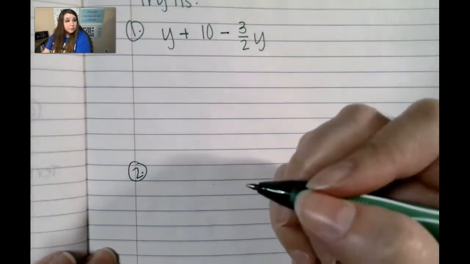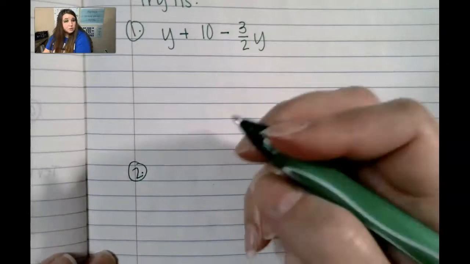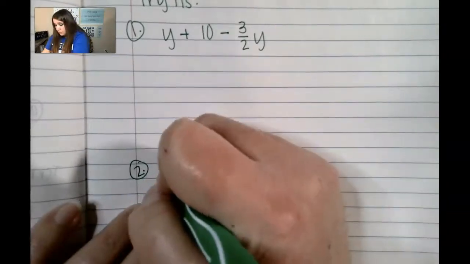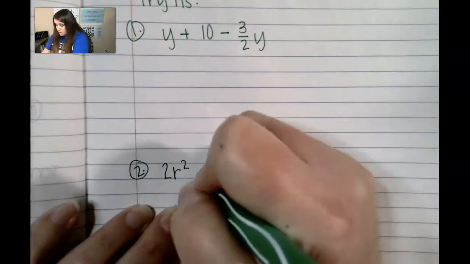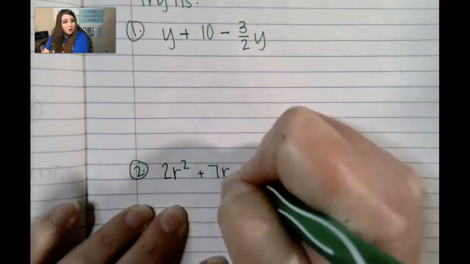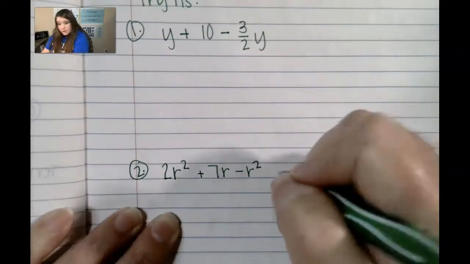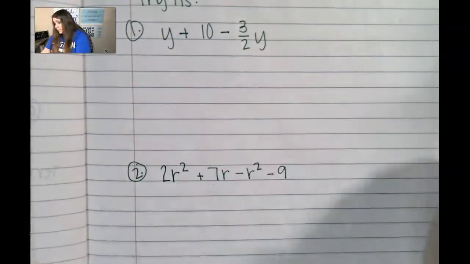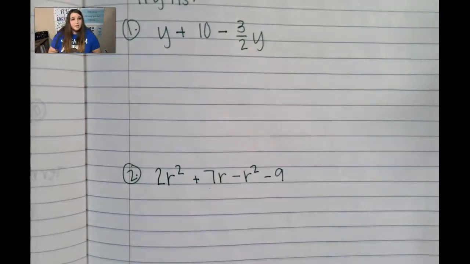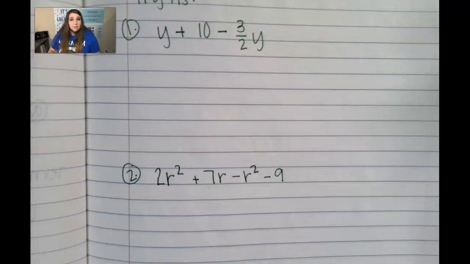And try it number 2, let's go ahead and do this one with the exponents. We have 2r squared plus 7r minus r squared, and we're going to subtract 9. Okay, so go ahead and solve these. Remember to rewrite it first, and then only choose the things that are the same, the terms that are the same. All right, so rewriting this problem,